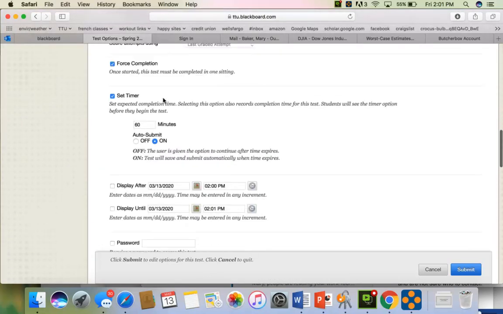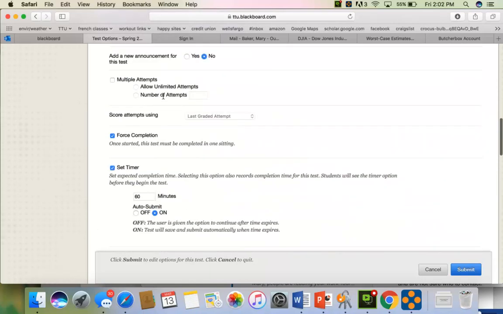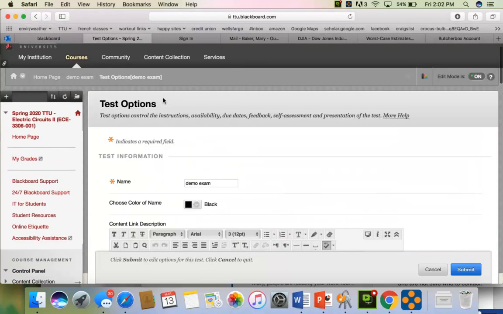Anyway, if I want to edit this, let's say I decided that I need to add an extra question. I can do that from this menu. This is edit the test options. So I can edit things like due date. If I want to actually edit questions,